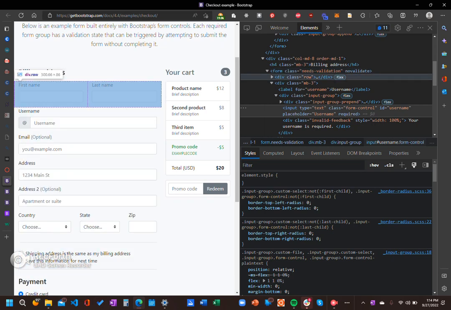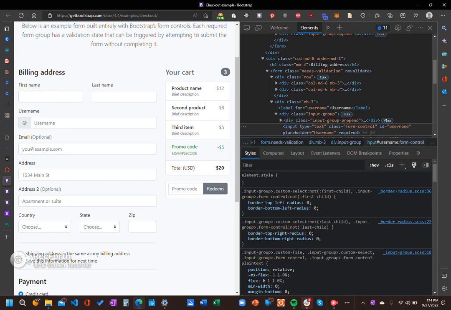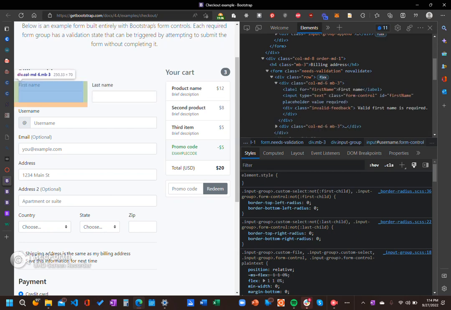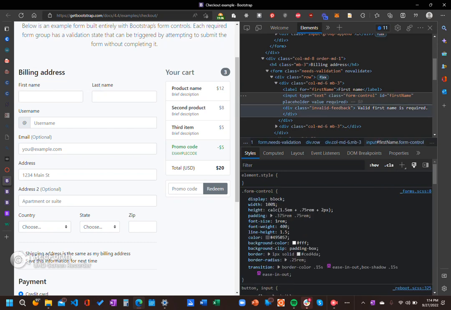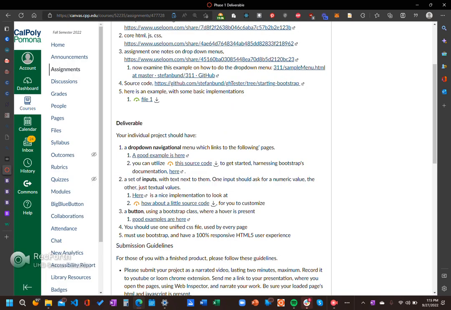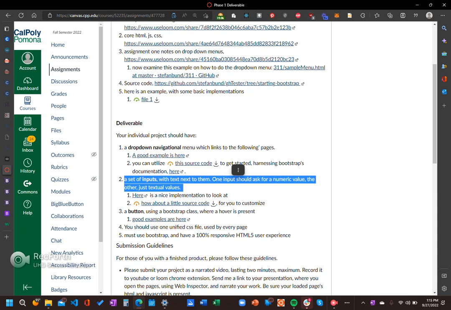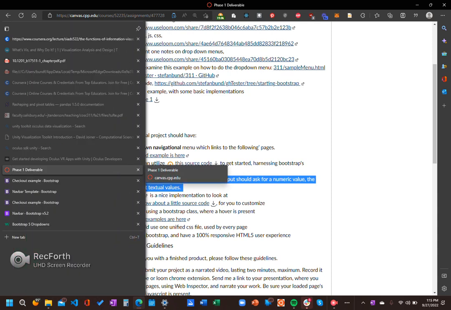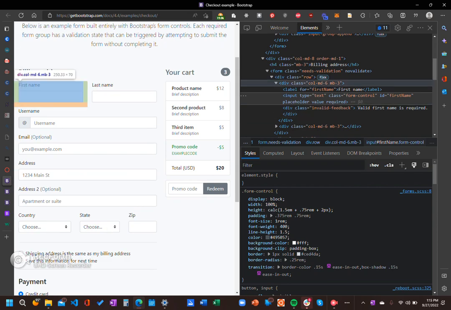And on top of the form, inside of that, we have a row. And for every row, we have a series of columns. And we can use the columns to make a perfect separation. And then if we drop into a column, we might have a label or a text input. These text inputs happen to be exactly what we're interested in. And you'll see that in our requirements, we're asking for one input should ask for a numeric value, the other just textual values. That comes from doing this organization,